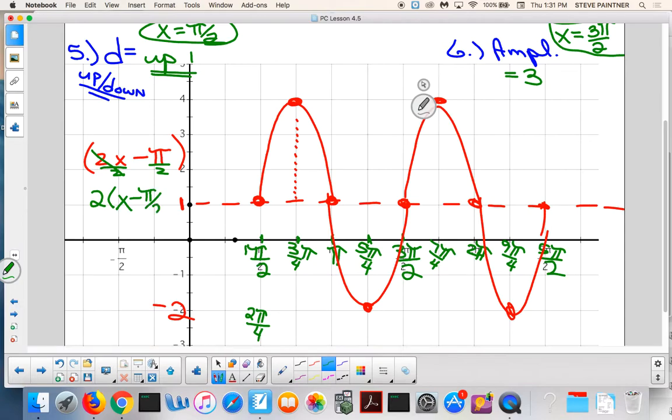Minus pi over 2. And then you got to think of what is all this that's going on. This is a shift where? Right, pi over 2. And then guess what this 2 out here does? It compresses your 2 pi period down by half. Which gives you pi over 4. And that becomes,